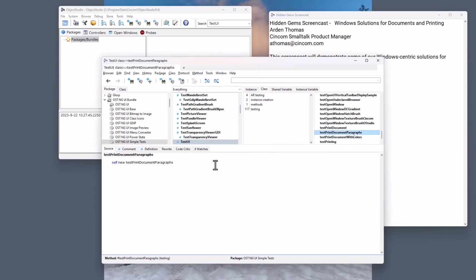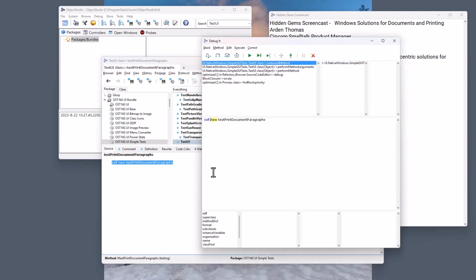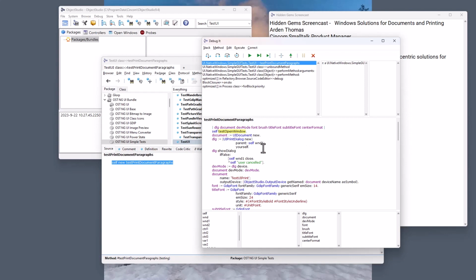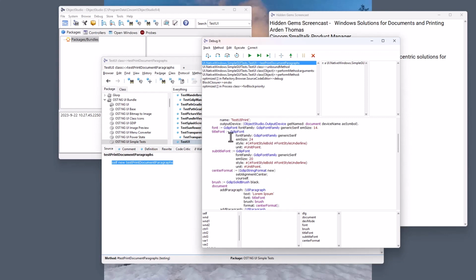Well, if you look right here, there's another test and example. Remember, in Smalltalk, the first thing we often do is look for an example of exactly what we want to do. Best way to learn how to do something. And we have a lot of the same thing. We set up our fonts right here. Now notice this font. This is a little different. We set this up as a